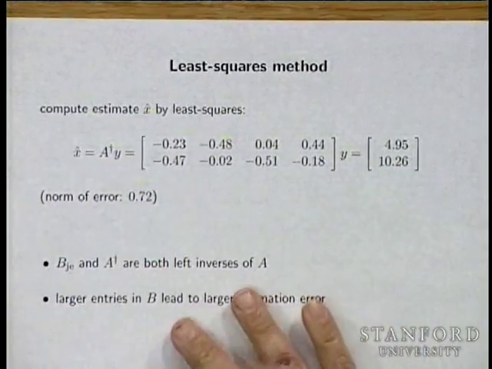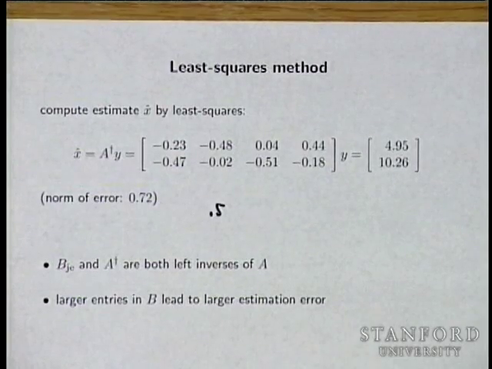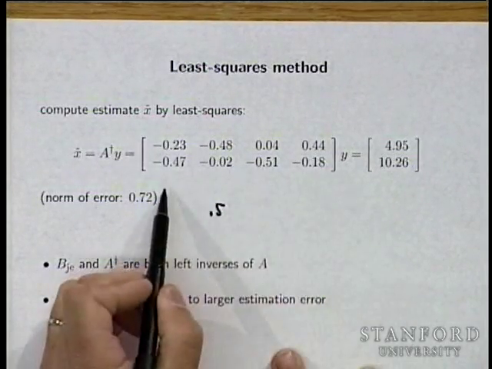You divide by 1.4, and you have a norm of error which is about 0.5. Okay? So the first thing you know is, at least for this one random sample I generated, this thing did a lot better. It did a lot better. Okay? So that's the first thing you notice. Now this is another left inverse, and in fact,